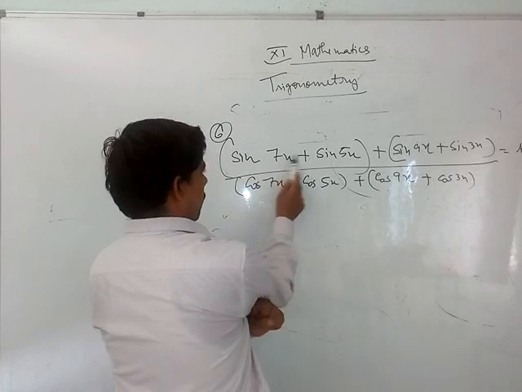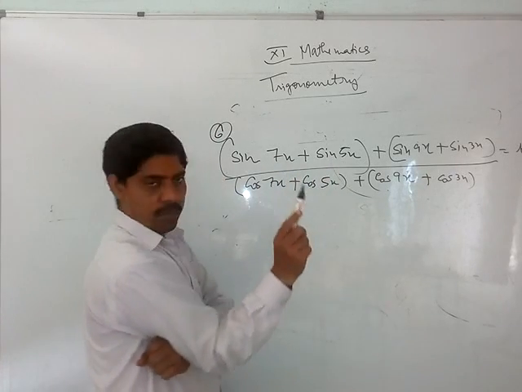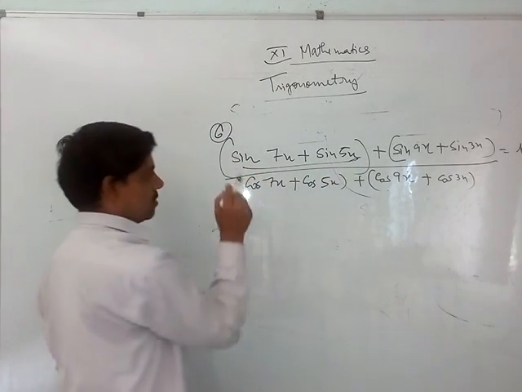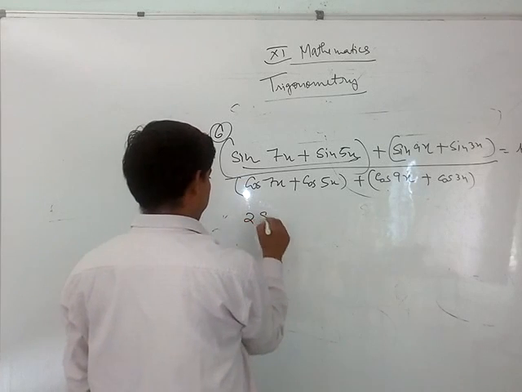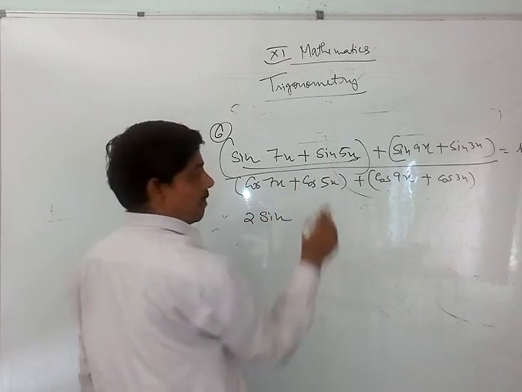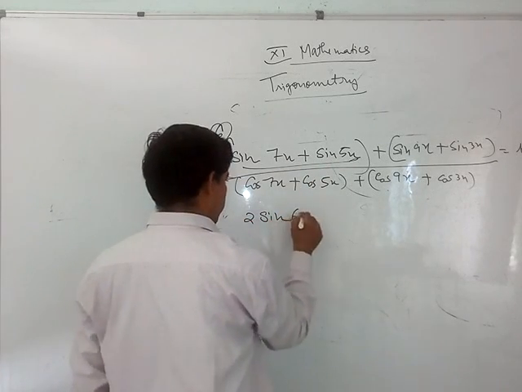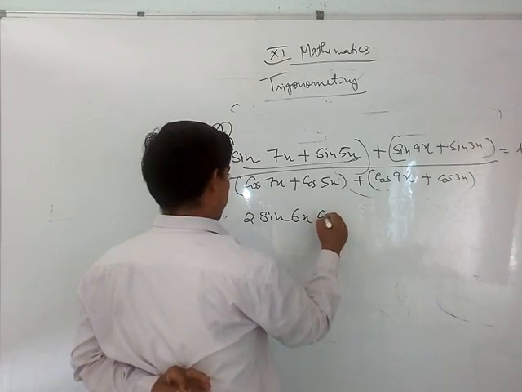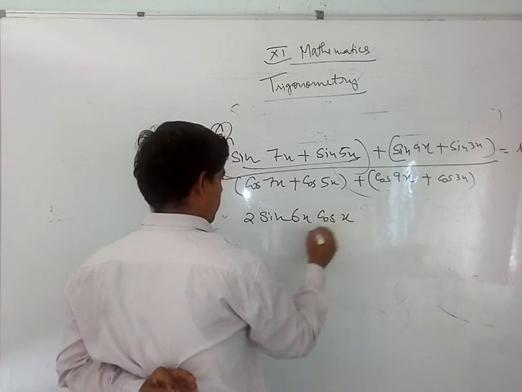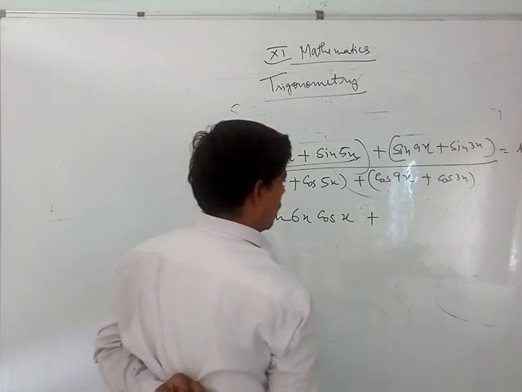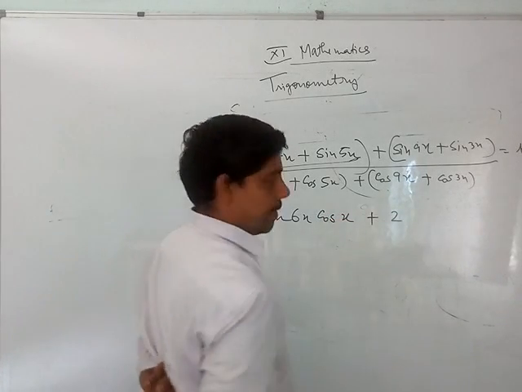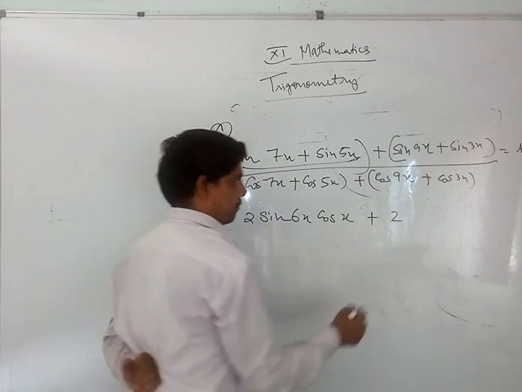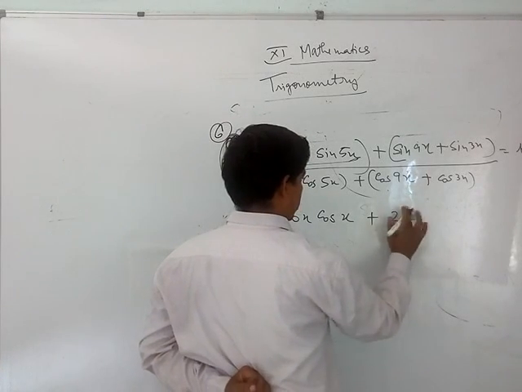So if I use 7 plus 5, 12 divided by 2, okay, that is okay. This is already giving us some value. So 2 sin of (7 plus 5)/2, 12 divided by 2 is 6x, that is required. 7 minus 5 is 2, that is cos x, plus here 2, 9 plus 3 is 12, 12 divided by 2 is 6x, sin 6x,